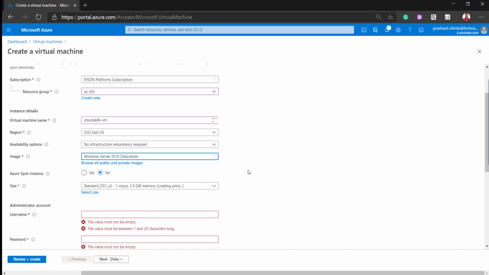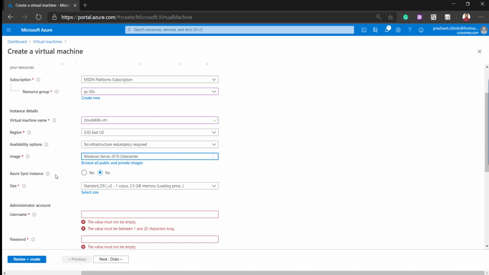Then the next option is for the Spot instance. The Spot instance is an offering from Microsoft so that you will get more resources with a huge discount. It is for creating instances for demo purposes and POC purposes, but it is not recommended for use in production.